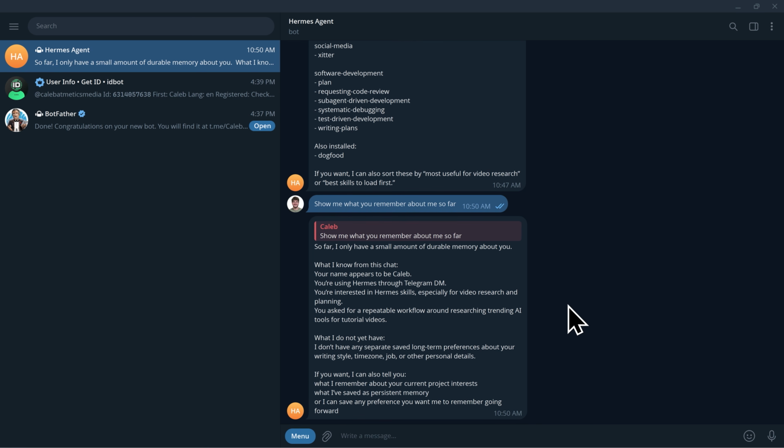So my Hermes agent doesn't know much about me just yet. However, here's what it does know. It knows that my name is Caleb, that I'm using Hermes through Telegram, I'm interested in Hermes skills, especially for video research and planning, and that I've asked for a repeatable workflow around researching trending AI tools. Here it tells me what it doesn't have yet, and it can also tell me about my current project interests, what it has saved as persistent memory, or it can save any new preference that you want it to remember